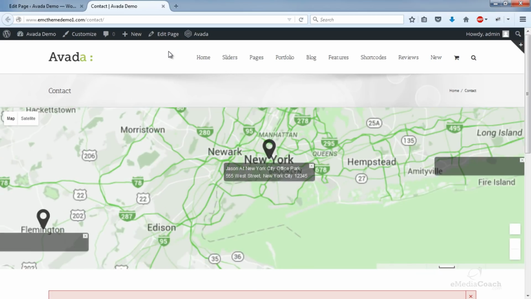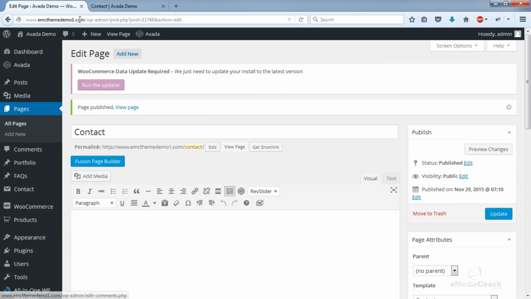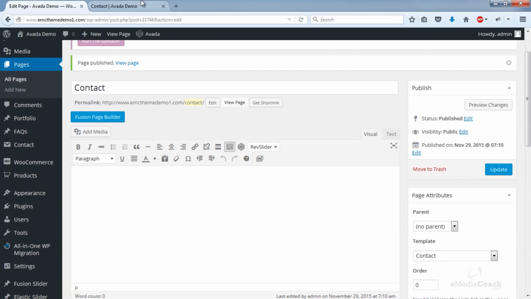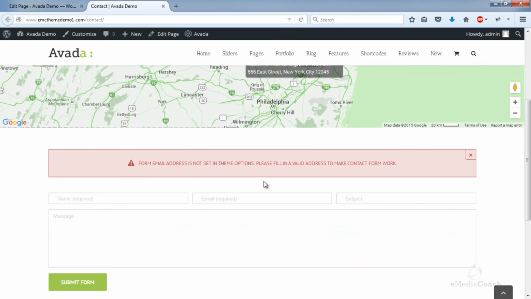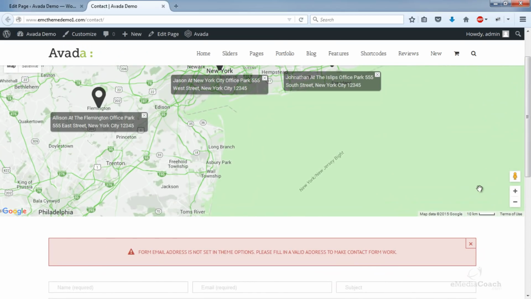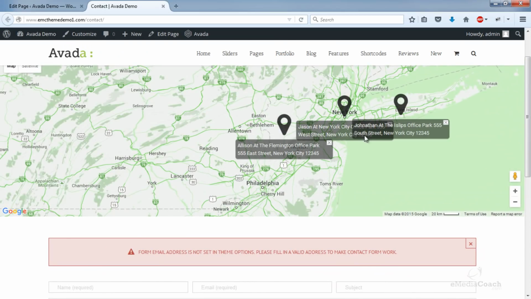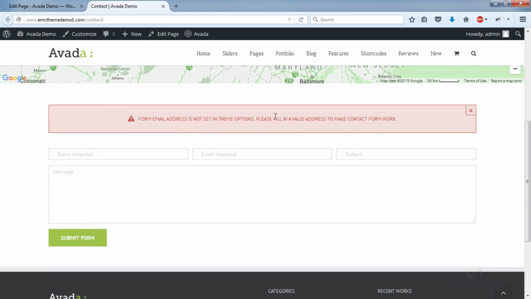You'll see that without doing too much now, this contact template that we selected has enabled this nice big Google map, as well as this contact form where your customers or people looking at your site can fill out this form and get in touch with you via email. So now let's start from top to bottom. Let's edit this map so we can edit your locations. Then I'll add some text in this area here, and then we'll configure this form.